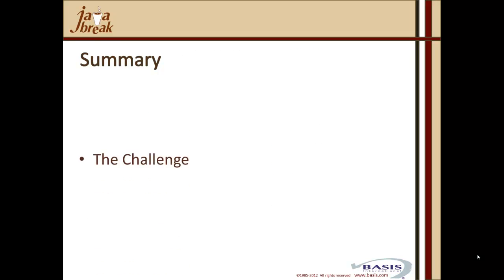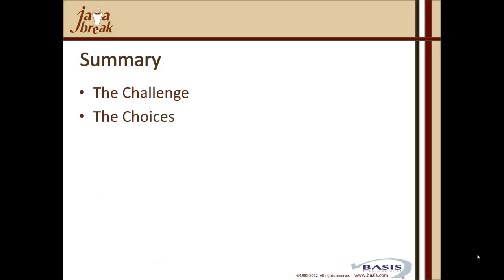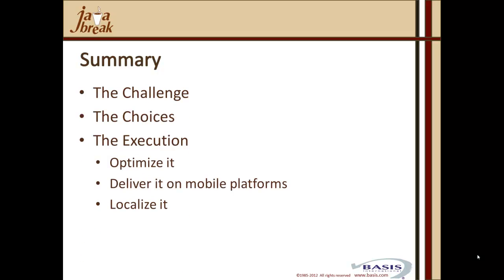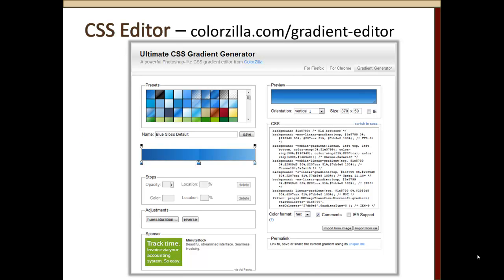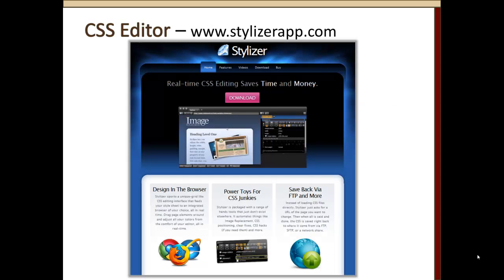So in summary today, we've covered the challenge in our test case, what our choices were, how we executed on those choices, and very importantly, how we optimized the application. We looked at a couple of other considerations, and then we spoke about the benefits. But this topic is not fully exhausted. In a future Java break, we'll cover some more information about CSS editors, and there are several in the marketplace